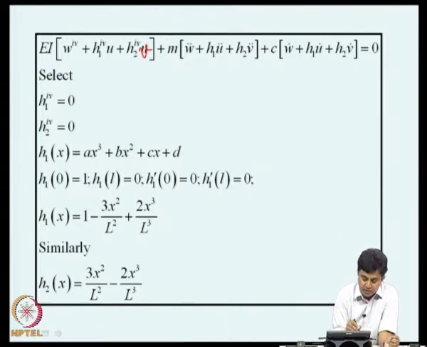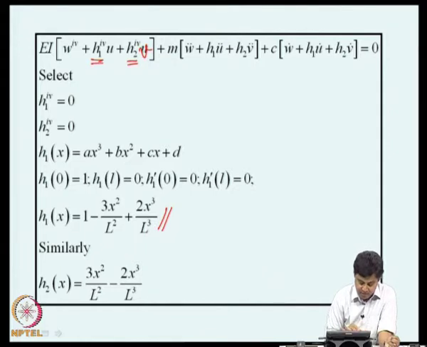Now, what we do is we select h1 fourth derivative and h2 fourth derivative to be equal to 0, and consequently, for example, for h1 of x I get a cubic polynomial with 4 constants and I have 4 conditions specified on h1. Using that I can determine these 4 constants a, b, c, d, and if we do that we get this function h1 of x is 1 minus 3x square by L square plus 2x cube by L cube